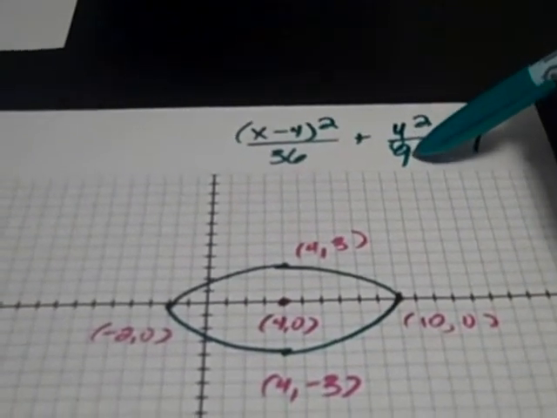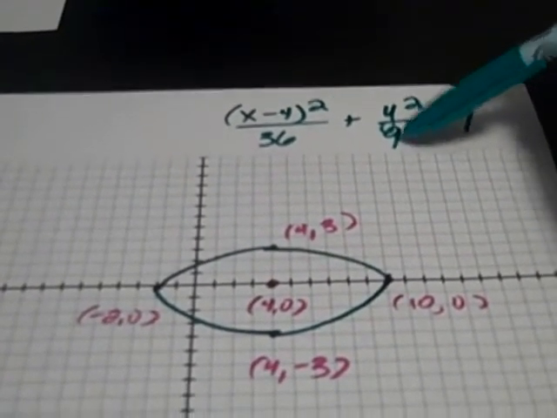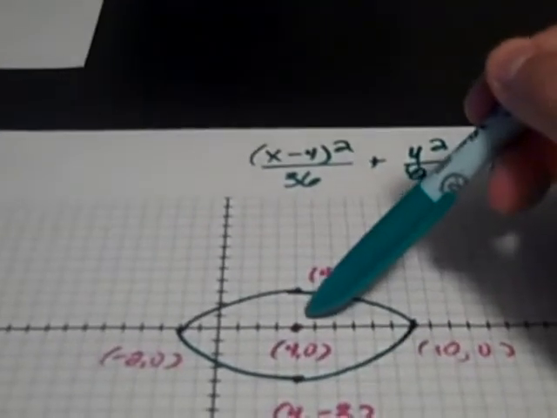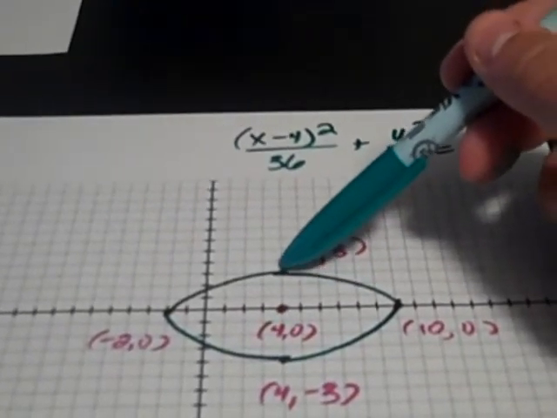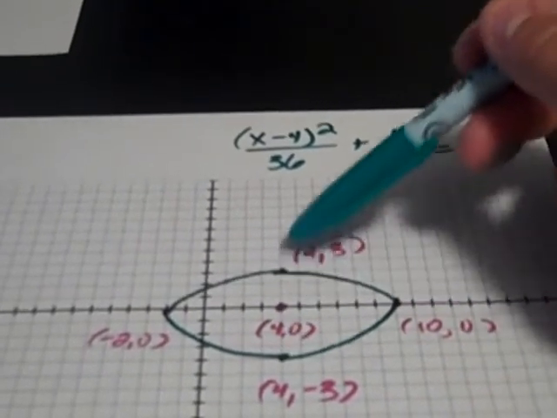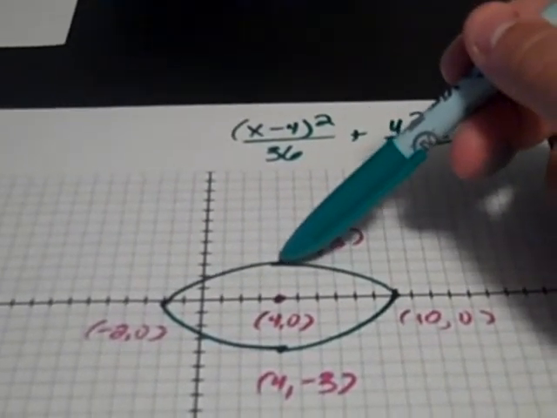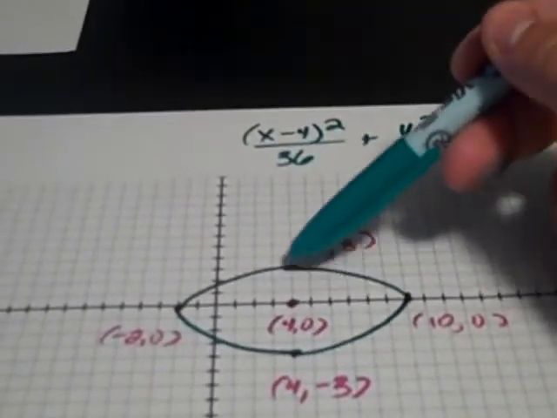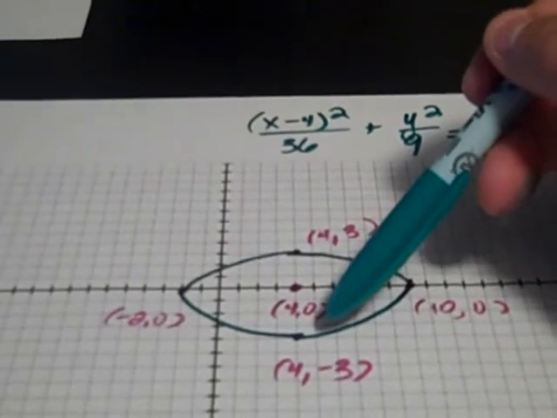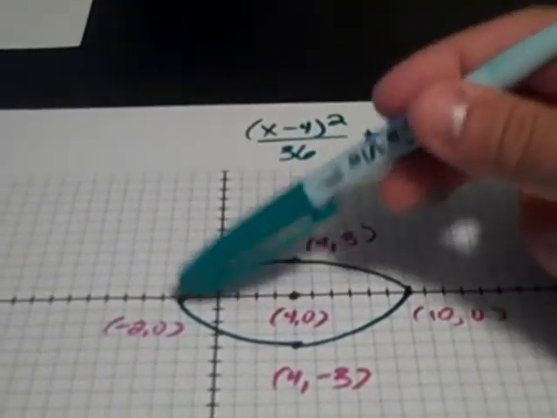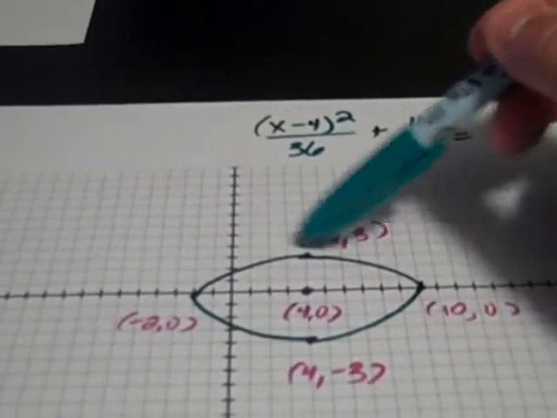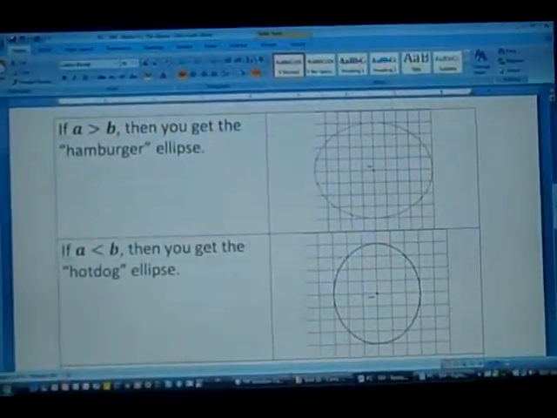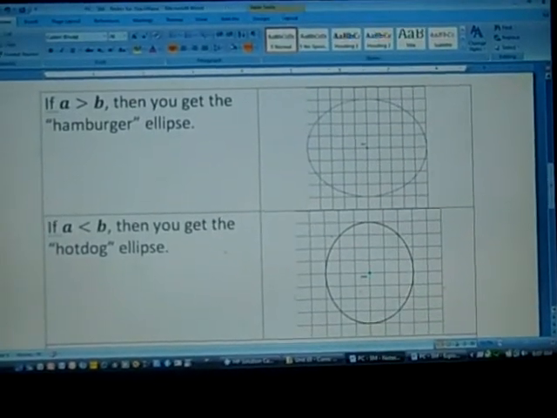Under the y squared term, we have 9. That's the b squared. In order to get b, we take the square root. Square root of 9 is 3. So we go back to the center. We're going to go up 3 spaces. We're going to go down 3 spaces. That gets us to the points 4, 3 and 4, negative 3. If I were to connect those 2 points, that's going to get me the vertical axis of symmetry. This is what we're going to refer to as the hamburger ellipse. It is wider than it is tall. All right, so back to our notes. I mentioned